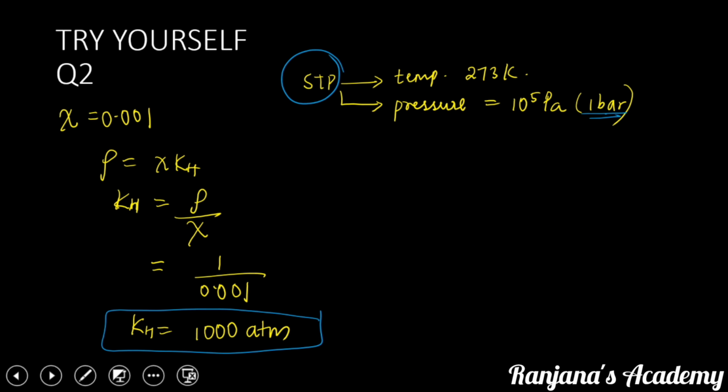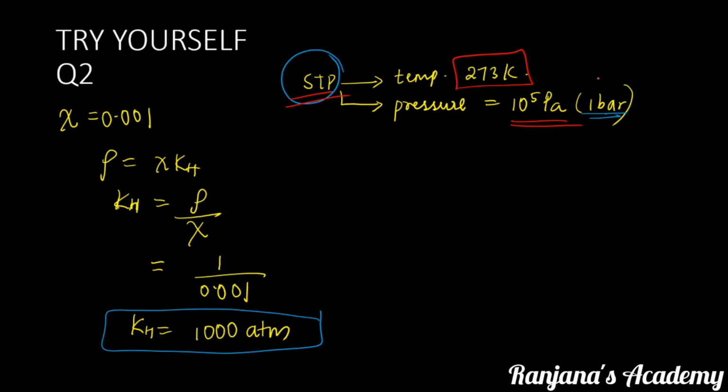Now there is one simplest question, but there is one point you have to cross, that is the STP condition. What is STP condition, students? Many of the students don't know this actually. When the temperature is room temperature and the pressure is 10 to the power of 5 pascals or 1 bar pressure, it is called STP, which is standard temperature and pressure. So when they give you STP, automatically you are supposed to substitute 1 over here for pressure. Is it understood?